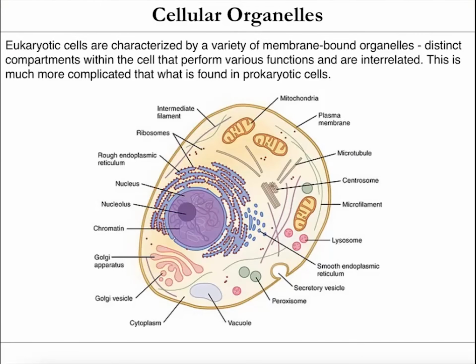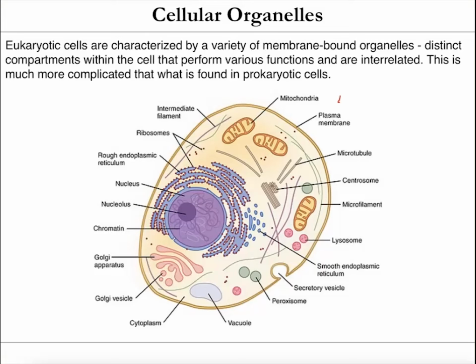And so I briefly mentioned it before, but now we can actually go through the organelles that make up eukaryotic cells, because these are quite important and very interesting. Eukaryotic cells have these very distinct membrane-bound organelles. So these are compartments within the cell that each do specific functions for the cell as a whole. This is not found in prokaryotic cells. It's basically the main difference between eukaryotic cells and prokaryotic cells.